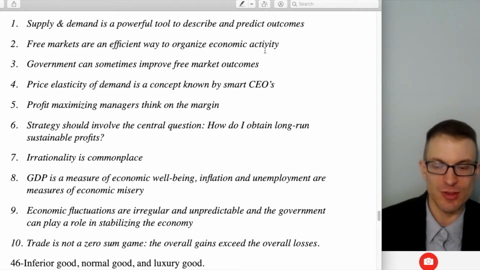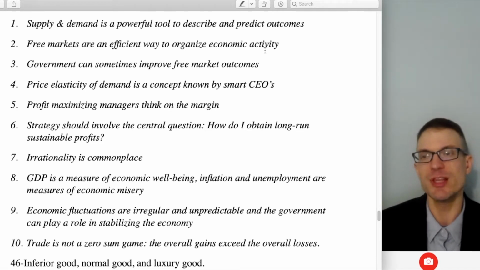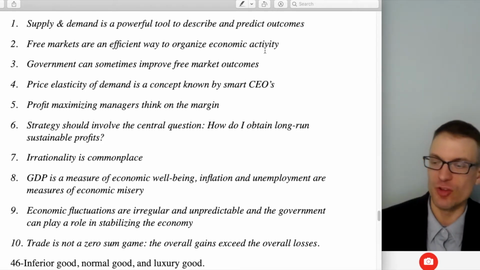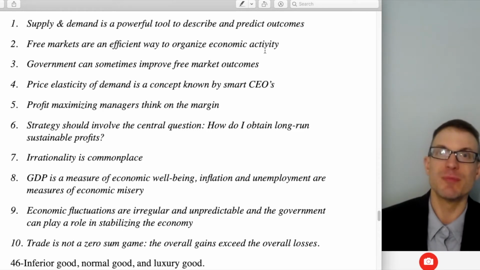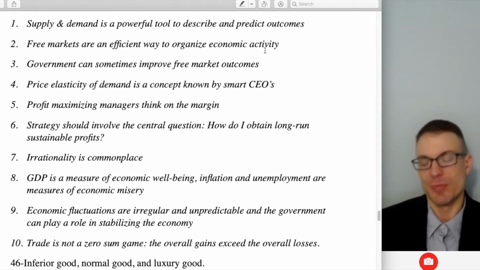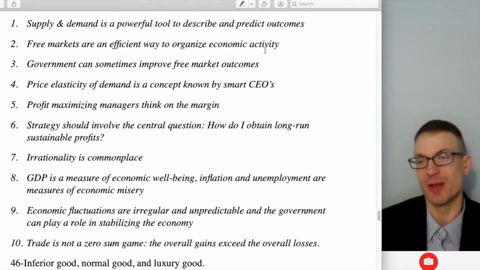So if price rises and demand falls by a more than proportional amount, we'd say demand is really responsive, really elastic. But if price rises and demand falls by a less than proportional amount than the price change was, we'd say demand is really inelastic. Turns out, if demand is elastic, you'd want to lower prices to raise revenue. If demand is inelastic, you want to raise prices to increase revenue. The reason why is because revenue is just price times quantity. And the thing that we want to pay attention to is that product of price times quantity. Is that getting larger or smaller when we're getting an increase in price or a decrease in price? And it has to do with how the quantity aspect is responding.